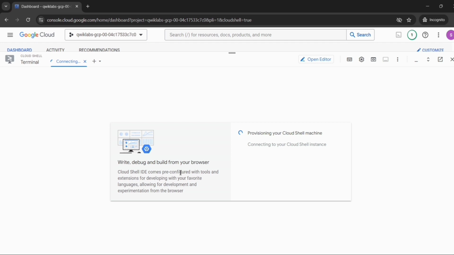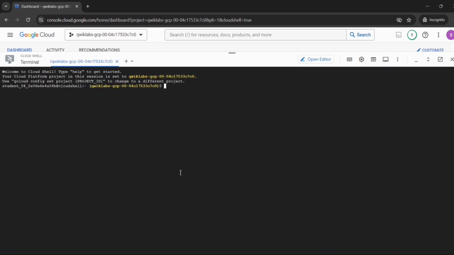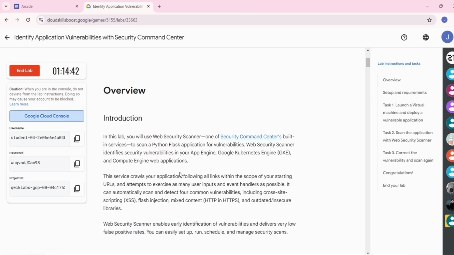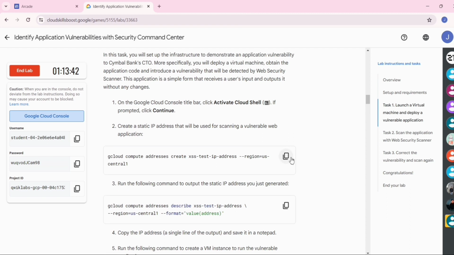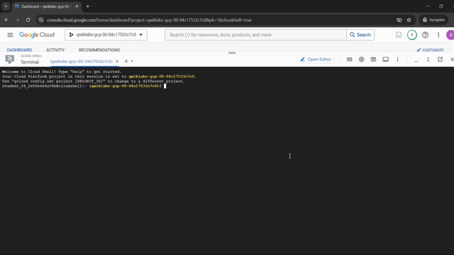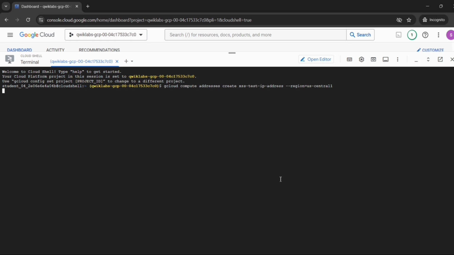Now in our first task we have to launch a virtual machine and deploy a vulnerable application. For that, go back to the lab instructions, scroll down and copy this command from task 1. Go to the shell, paste the command here, press enter and click on authorize.